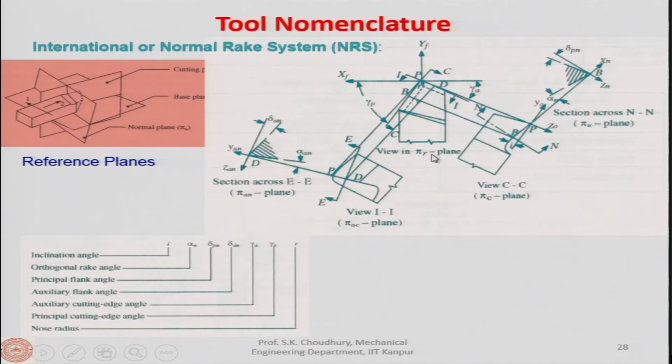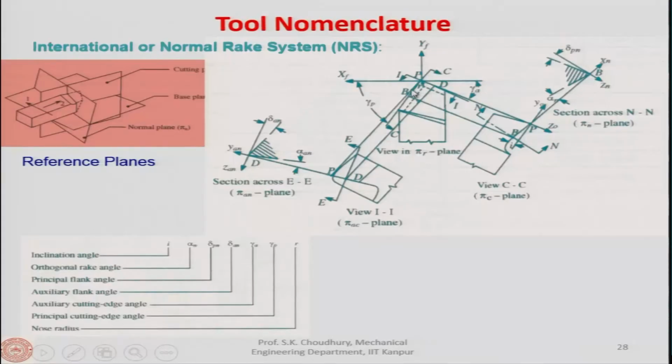So, in other way, here what happens is that on these cutting edges, when we are taking the views here, you take a normal, then you will get the normal plane. Whereas, in the orthogonal plane it is not the case, because the orthogonal plane was inclined or perpendicular to the base plane and the mutually perpendicular planes. All those three will be mutually perpendicular planes. So, the normal plane is different than the orthogonal plane that we have taken in the ORS.